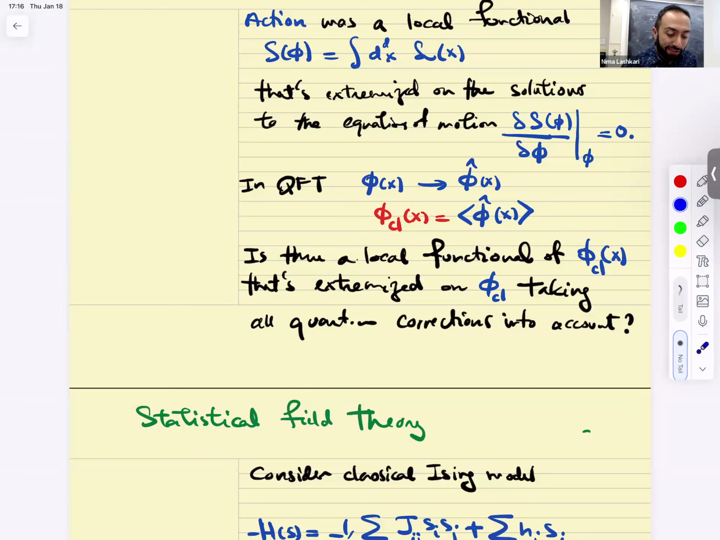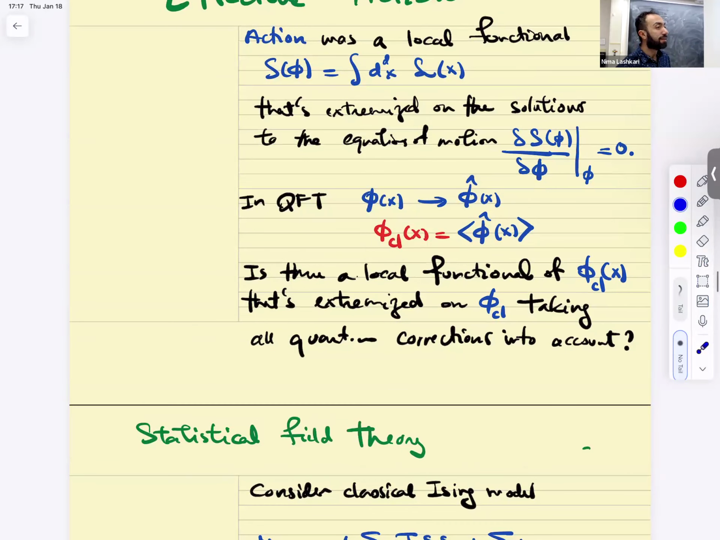Now, remember, notice that this is the result of a quantum calculation. I have to do a path integral, insert a field in there, do the path integral to read this off. But now my question is this. The same way that I found the classical solution, the solution to classical equations of motion by varying the action Lagrangian, is there some action functional of phi classical whose variation gives me the quantum answer,